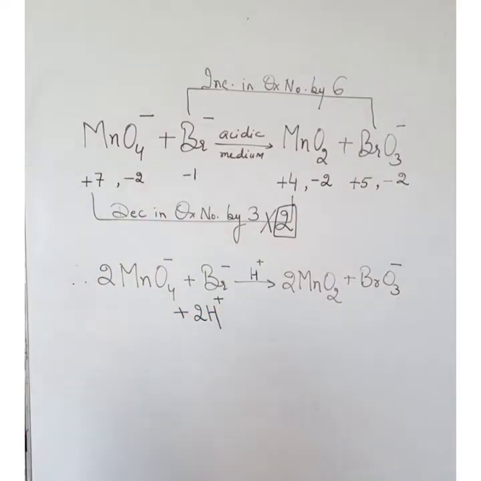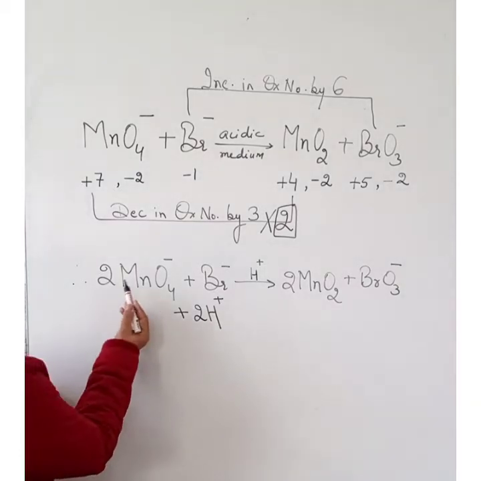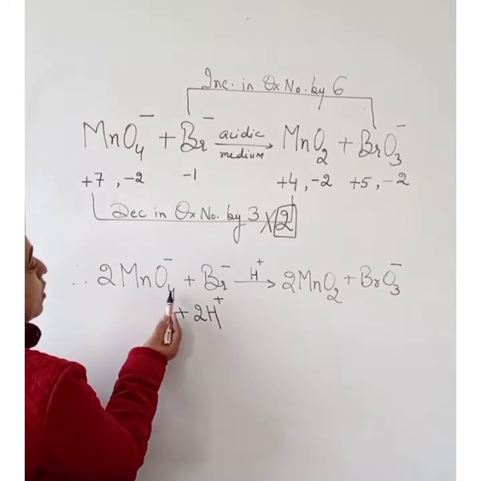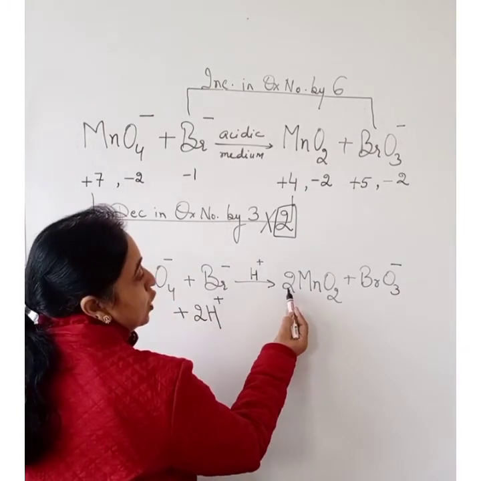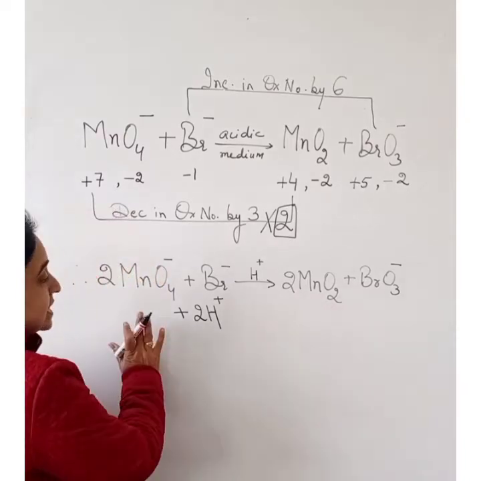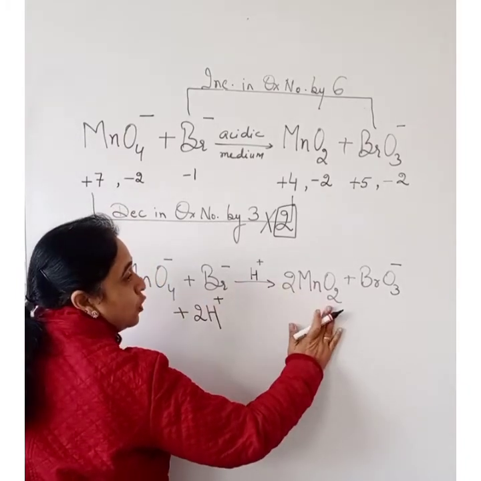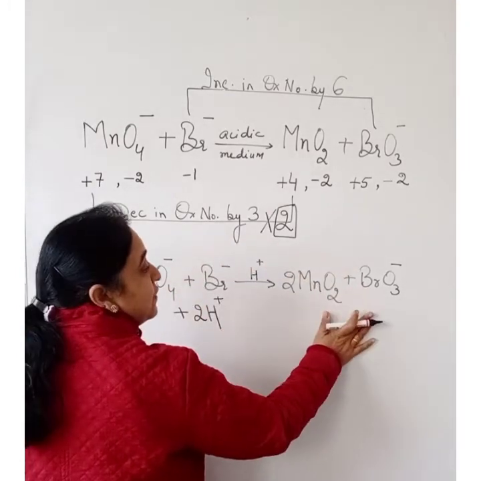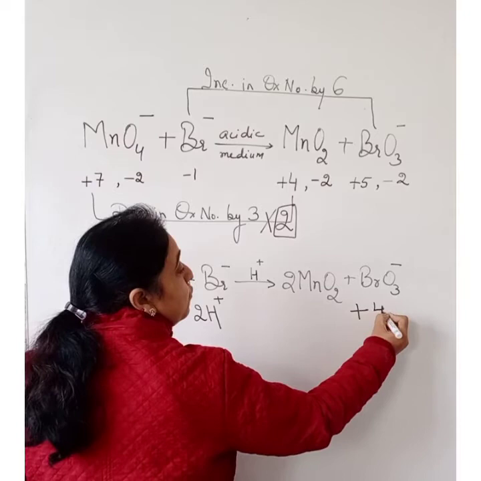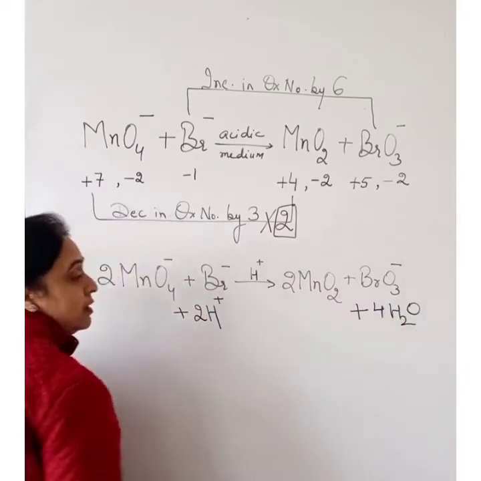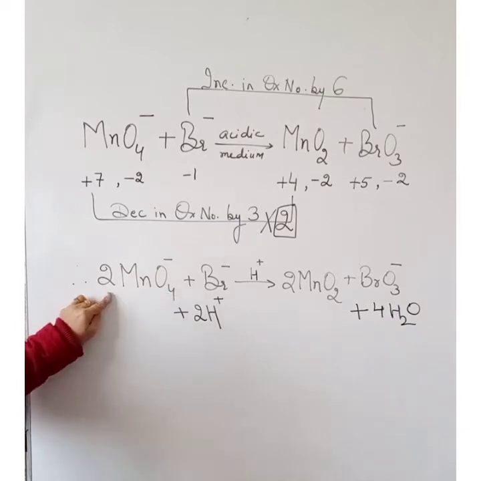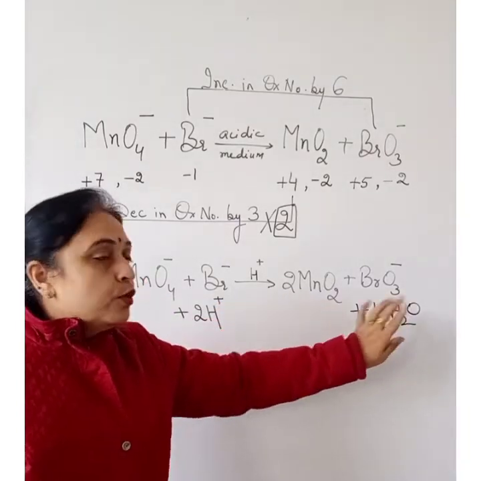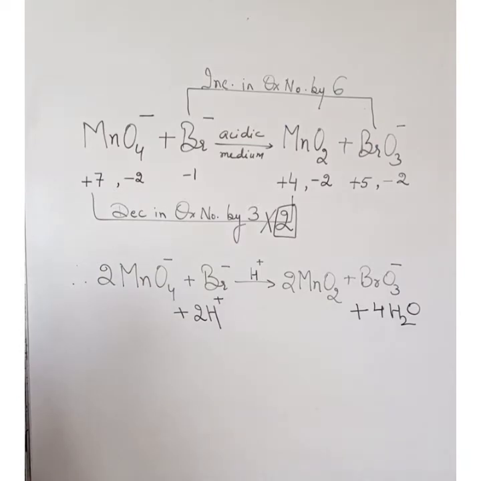Now the next step is to balance oxygen atoms. Oxygen is not affected by the medium. We can balance oxygen by just adding water molecules on the deficient side. Now you can see 4 2s are 8 oxygen atoms, and on this side 2 2s are 4. That means this side 8 oxygen and this side 4 oxygen. So which is the deficient side? This is the deficient side. And how many more? 4 I have to add on the right hand side. Again check: 4 2s are 8 oxygen, 2 2s are 4 and 4 is 8 oxygen. That means oxygen is balanced on both sides.